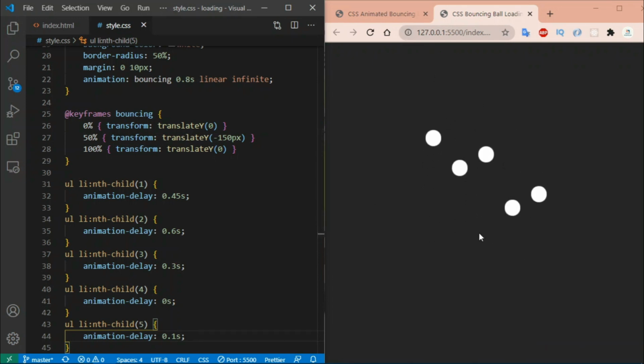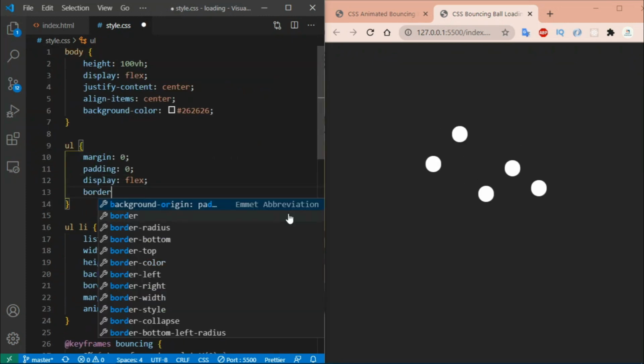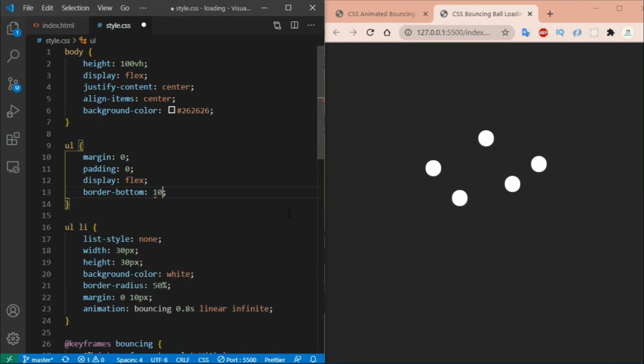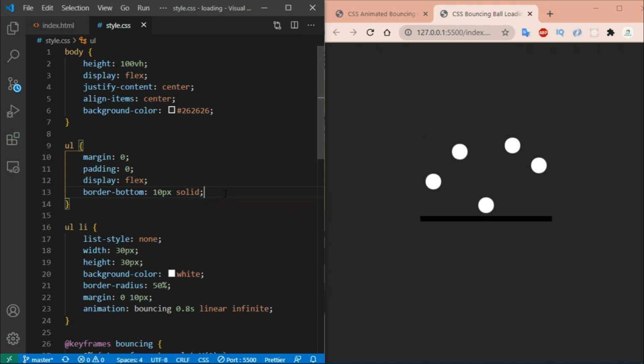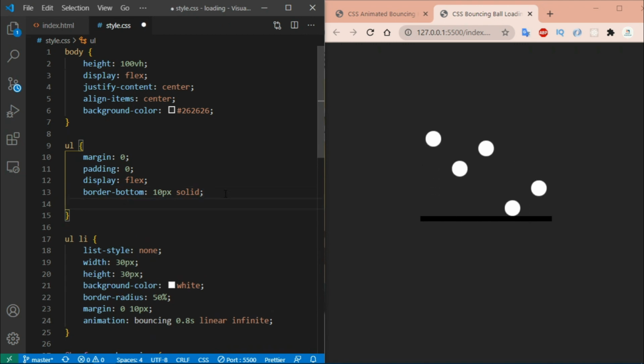First we apply a border bottom to this UL. Okay, border bottom set with 10 pixels solid. Something like this. Okay, now apply the gradient to the border.